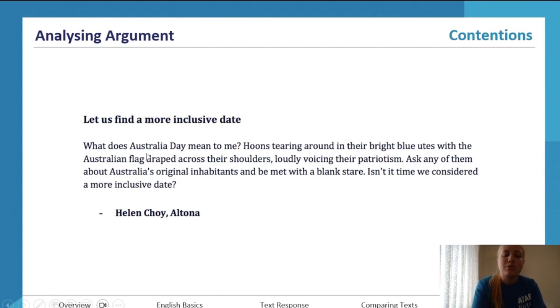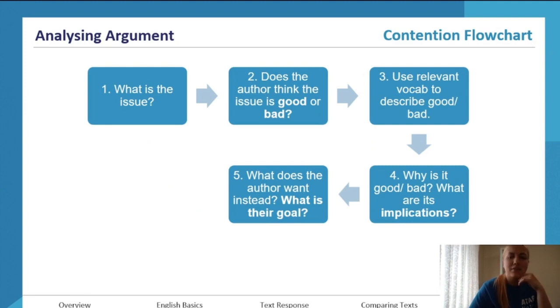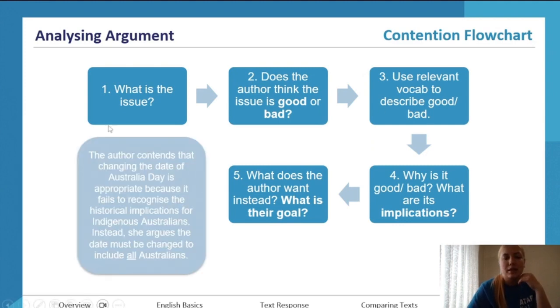And then think about what persuasive language techniques do you mainly see? I see a lot of negative language, a lot of attacking language. I see rhetorical questions. I see listing, language with negative connotations. It's obviously a short piece, but those are the main things that I see. So this is our contention flowchart, and we're going to follow it to craft our contention, imagining that we were going to write a body paragraph on this short letter to the editor. So we're going to say that Choi contends that changing the date of Australia Day is appropriate. So it mentions the issue Australia Day, and that Australia Day is basically inappropriate, but it's saying that changing it would be appropriate, which is the same thing.